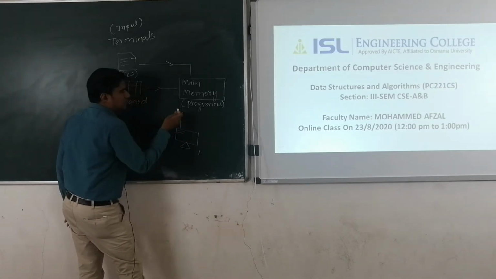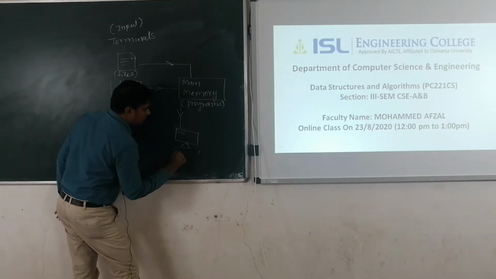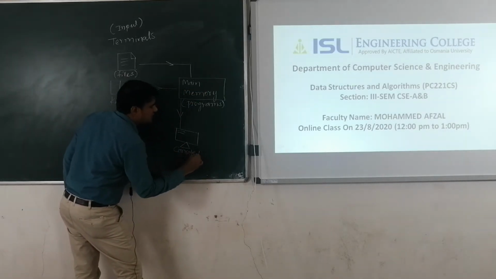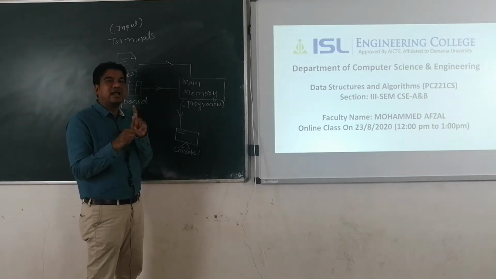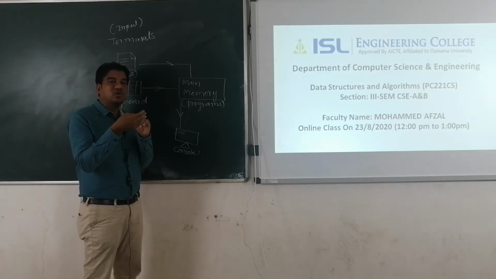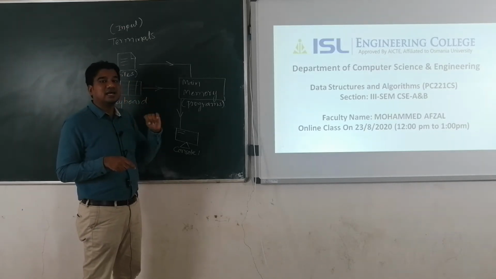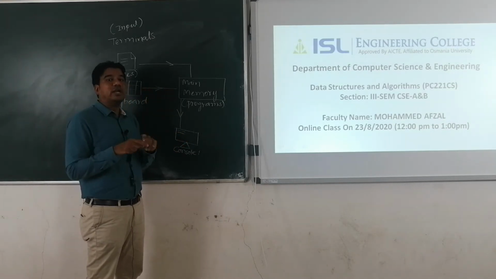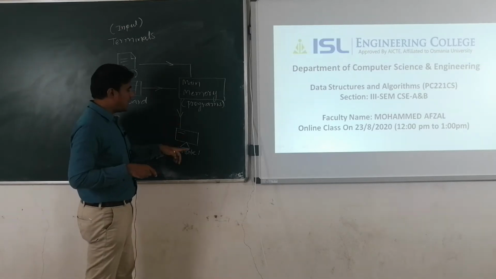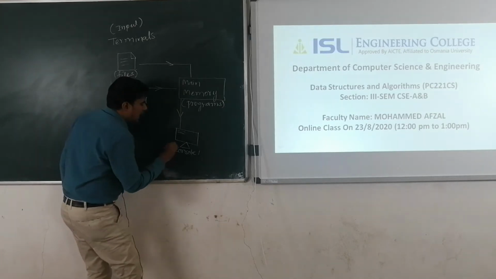Quickly see the arrow mark, because the data will flow from the main memory to your console. Console is nothing but the black screen which we are getting as an output. Whenever you compile and execute your program, you will get a black screen, and on that black screen your output will get displayed. That black window inside your monitor, we call it a console. So one place where we can give the output is the console.